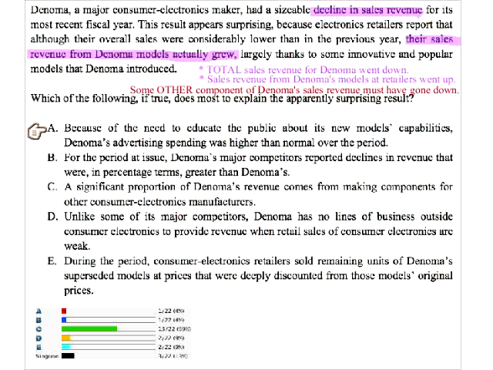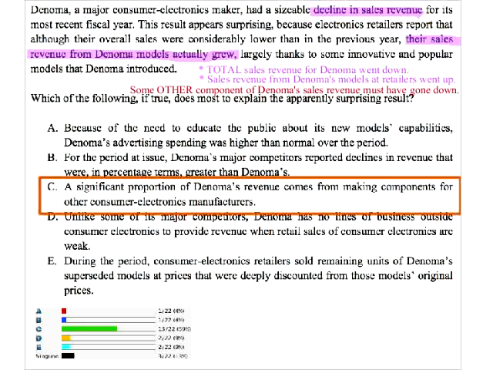So this doesn't affect that, because this is not anything that's sold. These are in percentage terms, but they don't tell you anything about Denoma. This is it because this is another component of sales revenue. So if other manufacturers' models sales went down, which is certainly likely given this climate of sales here, this would explain it. So if sales of these components went down by enough, it would offset sales of Denoma models. So that's the answer we want. D,